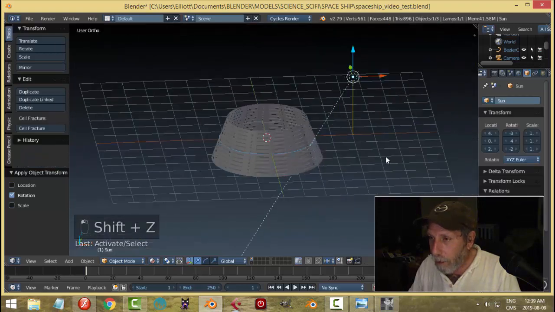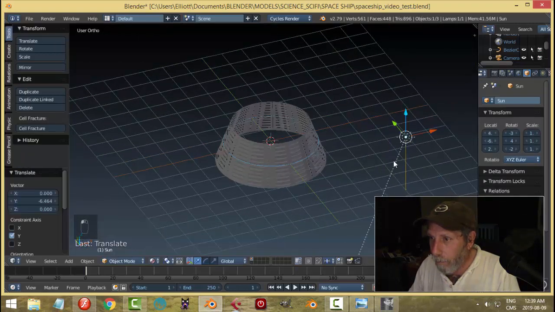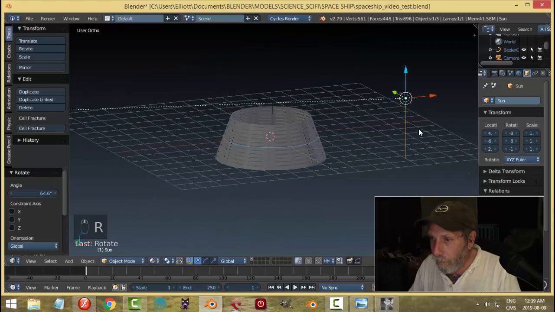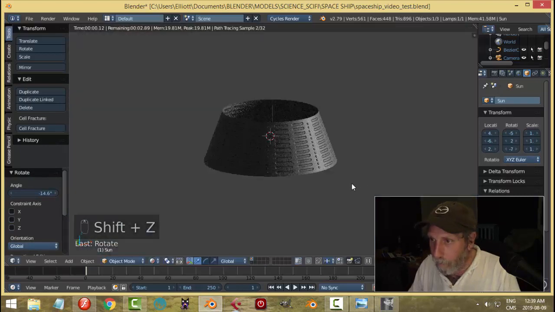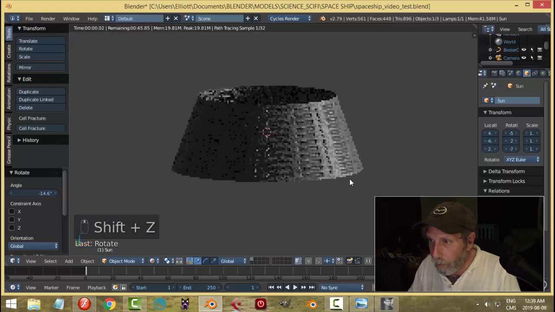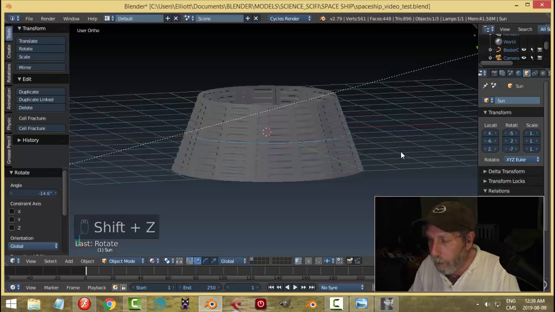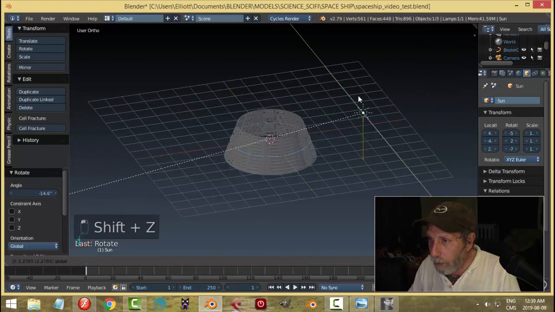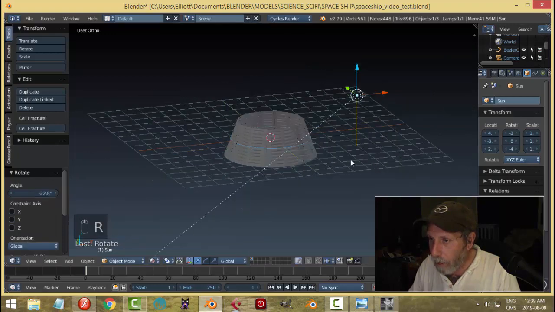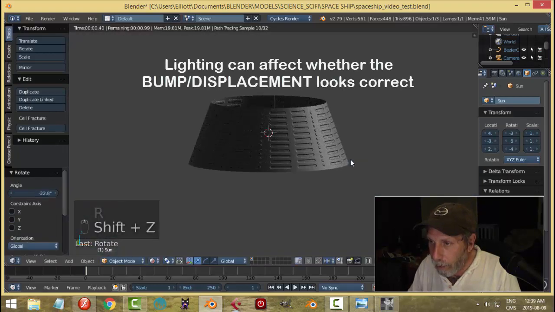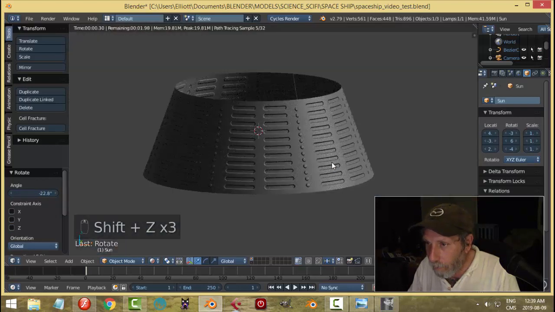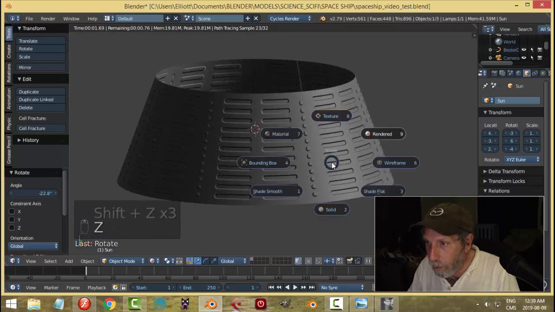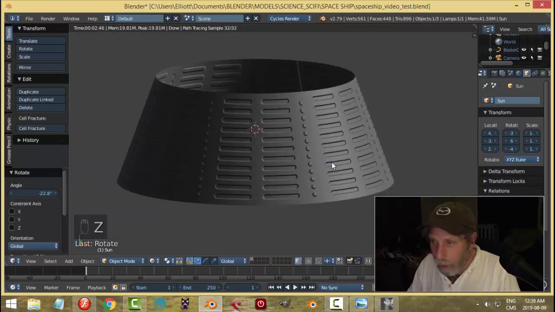Okay, let's maybe adjust. Okay, and depending on where you put the light, that will affect how it looks. I know that sounds obvious, but okay. So it's taking it pretty good. All right, now